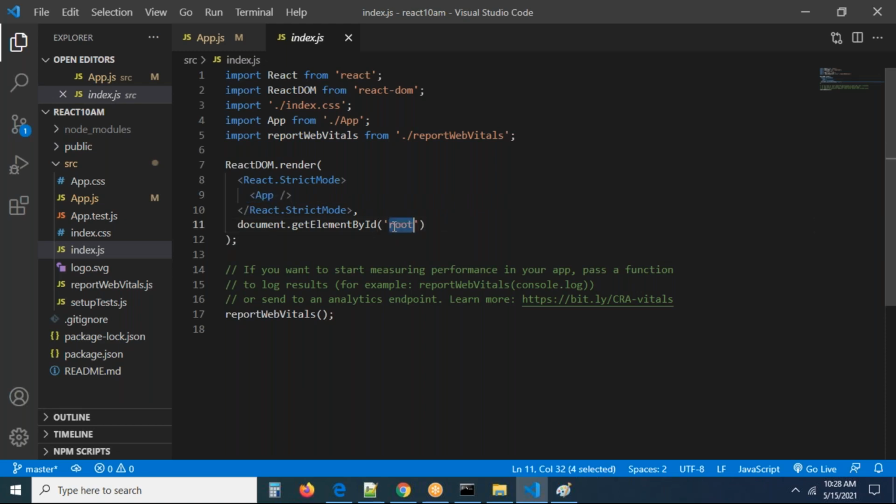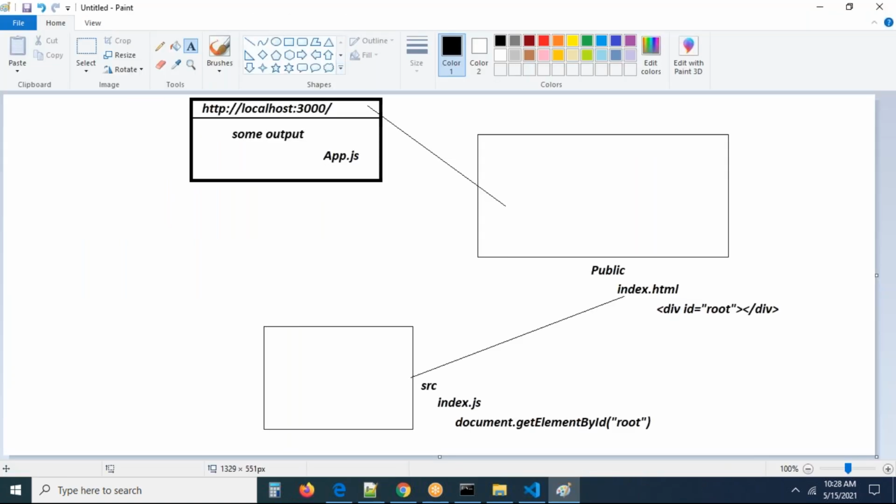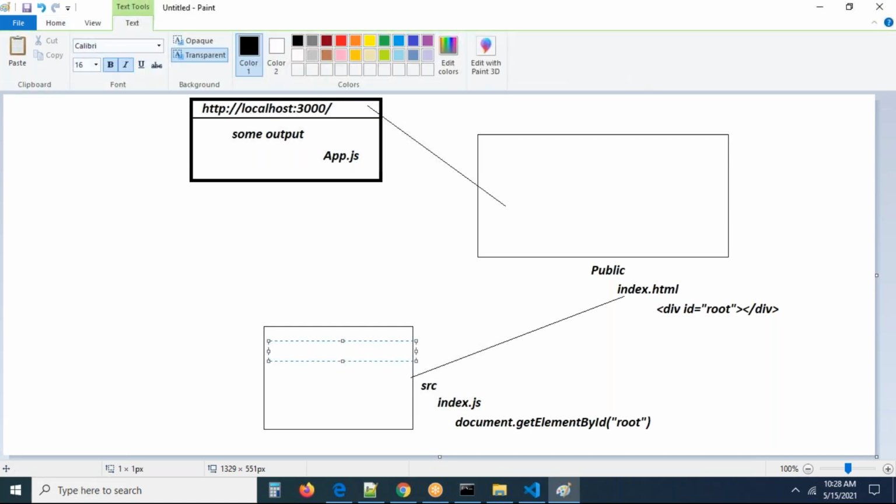So how is the output going to be rendered? In React, remember carefully, we have a method. What is the method, guys? ReactDOM.render is the method. To this render method we have a parameter called App. Don't worry, this is the app, comma. The second parameter is document.getElementById, and the id is going to be root. This is exactly the root. This is your render method. Who will render our output?